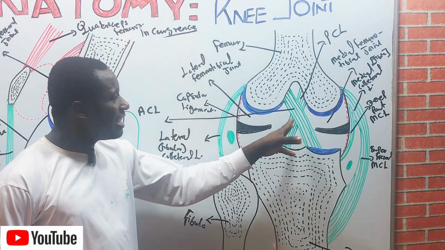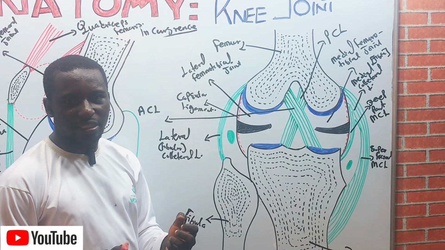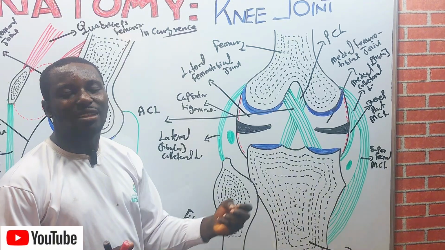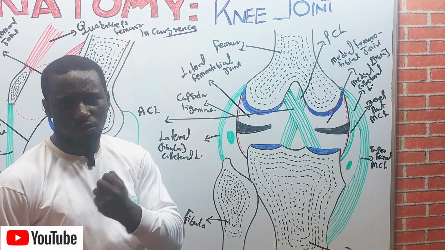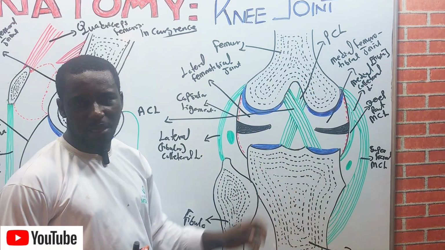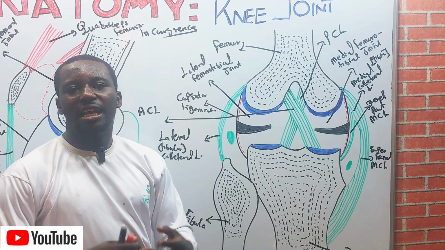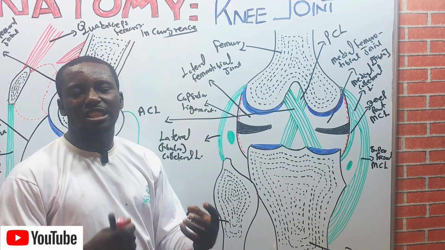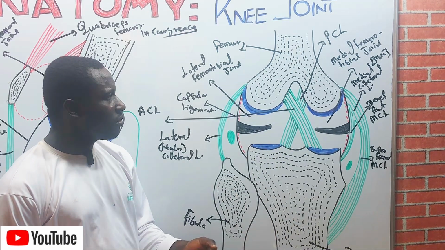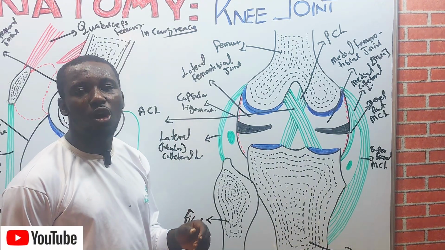Recall that they are two thick, strong fibrous bands that are said to act directly as a union bond between the femur and the tibia. They are located inside the knee joint, where they help to maintain the anteroposterior stability of the knee joint. Recall that the anterior cruciate ligament is more prone to